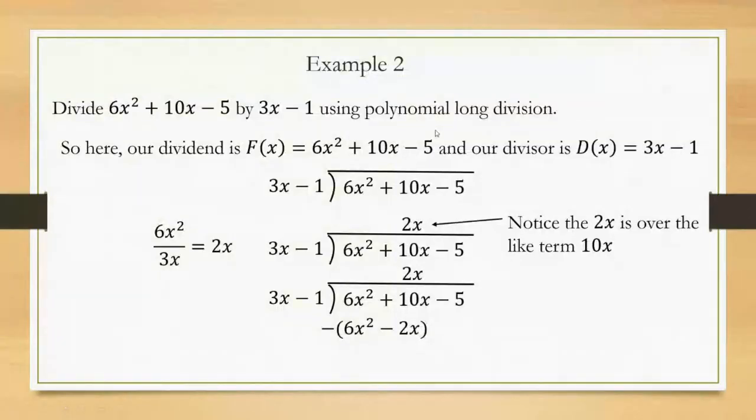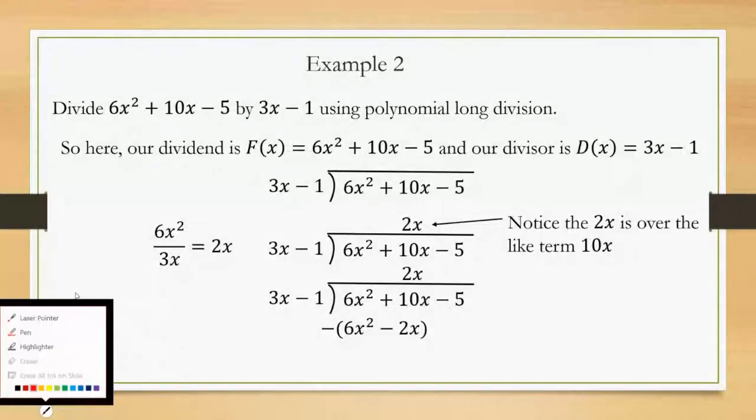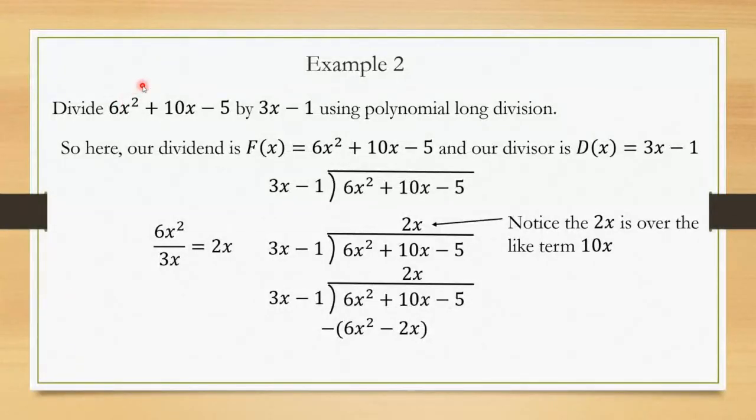All right. So here's another example we're going to do. We have dividing 6x squared plus 10x minus 5 by 3x minus 1. That's what we're doing here. Again, we're going to use polynomial long division. All right. Now,